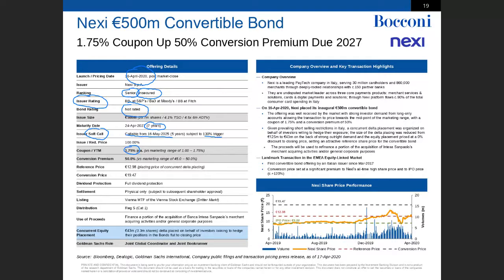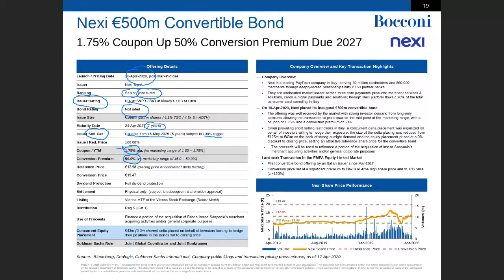Conversion premium 50%, big premium. And here the Nexi management wanted to have a big premium because they wanted to give the market a very important signal that they strongly believe in the upside of the stock, and we didn't want to have a trigger event that was too close to the current level of price, so they put a very high 50% premium. Of course, that translates in a coupon of 175, which is almost 200 basis points premium over the interest-free level. It could have been much lower in terms of coupon if you reduce the premium.